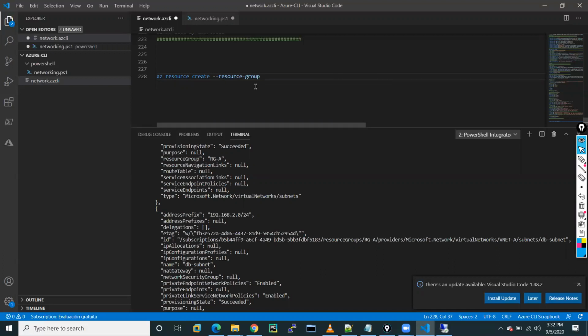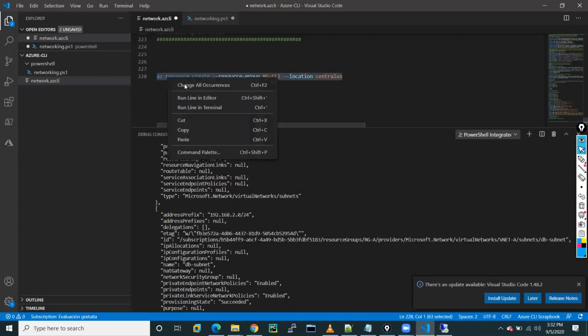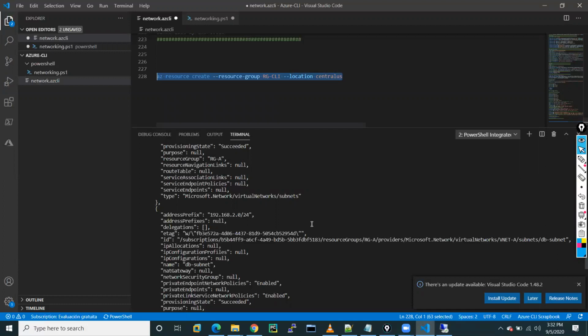Give the name here RGCLI, and after that it will ask for location. Give the location Central US. Now if you want to run that command, just select the entire thing and click on run line in the terminal.